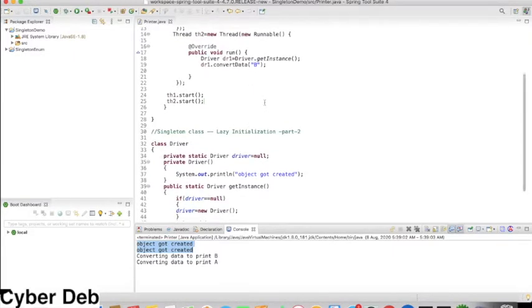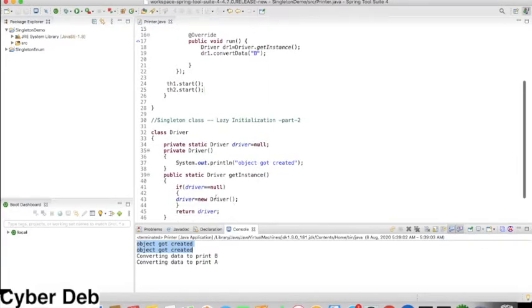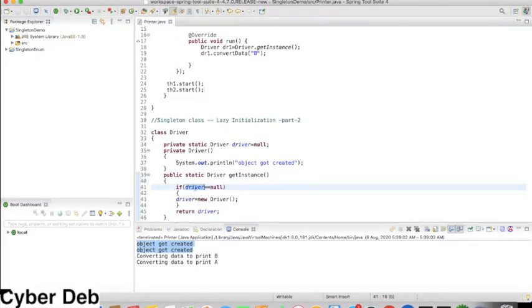The first thread goes into the driver to find the get instance method, and it gets the instance. At the same time thread 2, th2, also tries to find the instance, and at that moment it also finds driver is null. This is the only restriction we have made, which doesn't allow creating the object of the driver class more than once.